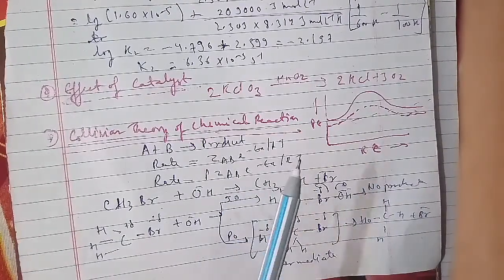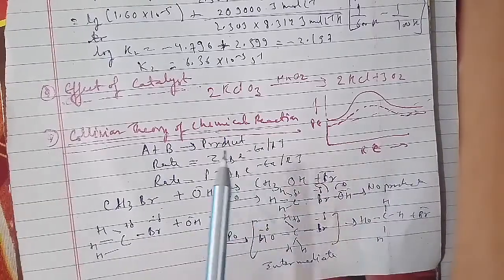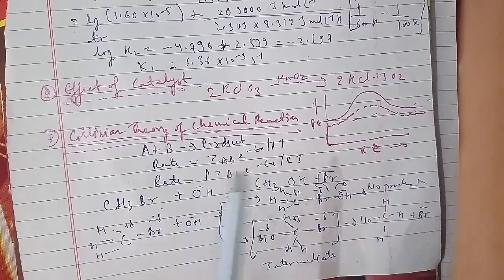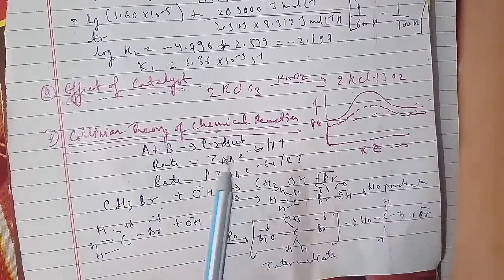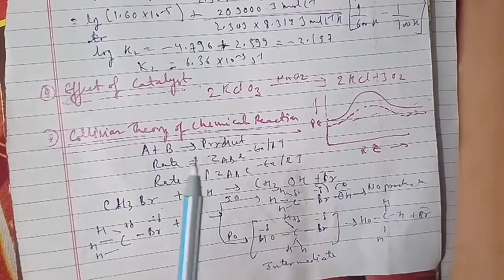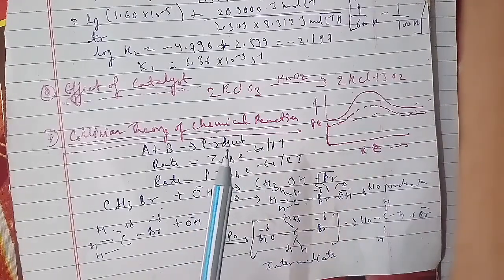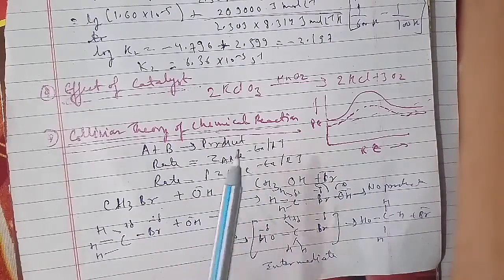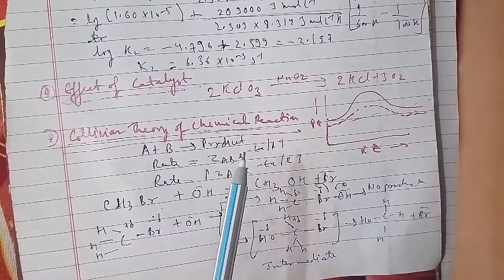Another question: we have mentioned the factors that affect the rate of chemical reactions. Another is that the reaction is second order with respect to the reactant, and how is the rate of the reaction affected if the concentration of the reactant is doubled, as well as reduced to half? Another question: what is the effect of temperature on the rate constant of the reaction?